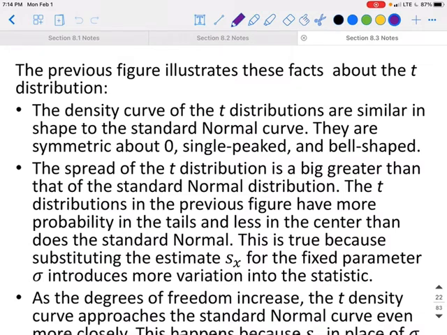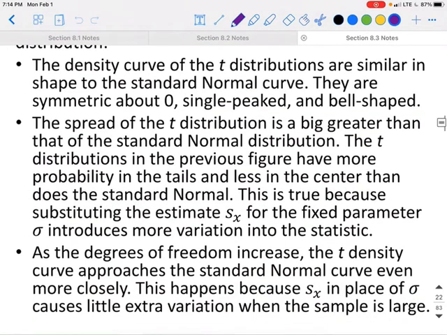That previous figure illustrates the facts about the t-distribution. The density curves of t distributions are similar in shape to the standard normal curve. They are symmetric about 0, single-peaked, and bell-shaped. The spread of the t-distribution is a bit greater than the standard normal distribution. The t-distributions in the previous figure have more probability in the tails and less in the center than the normal